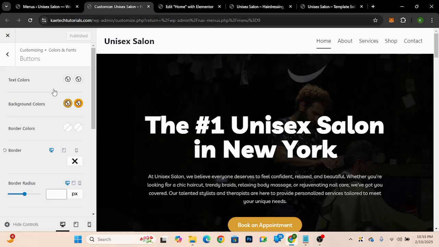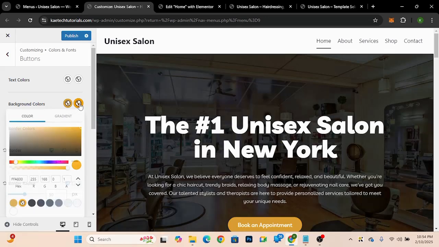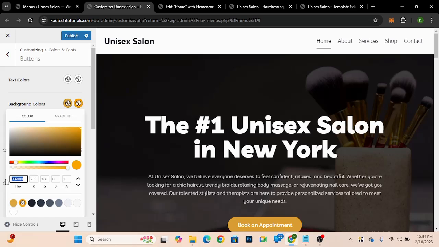I'll choose this border over here, and I'll say maybe the width should be just 1. And then with this one over here, I'm going to click on top of it and make it transparent. I'm not even going to copy this one. I just want to make this one transparent. So I'm going to position it somewhere over here, very transparent. And then I'll come back